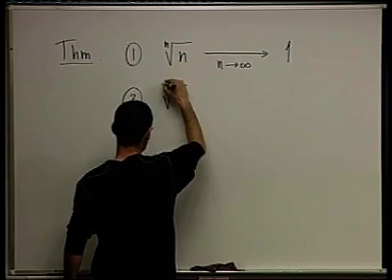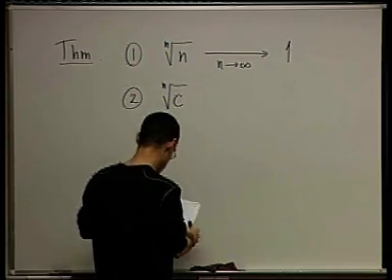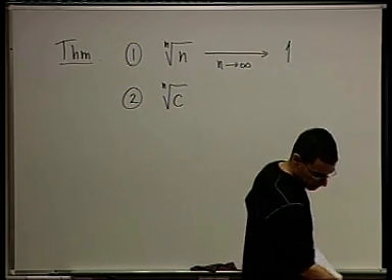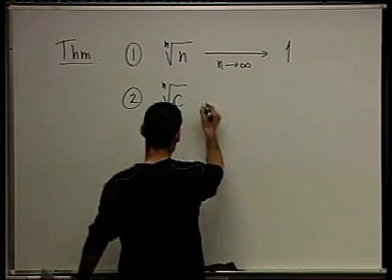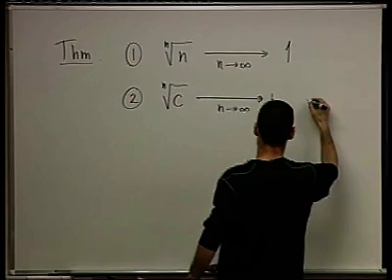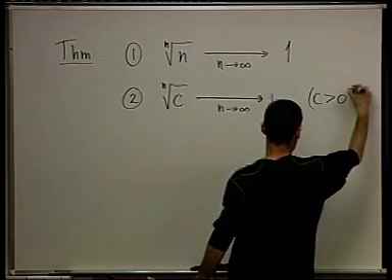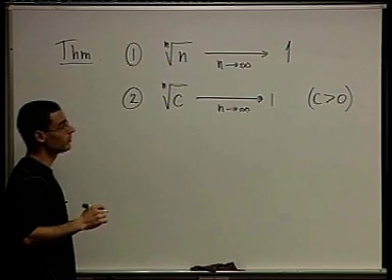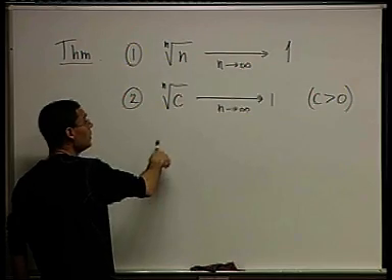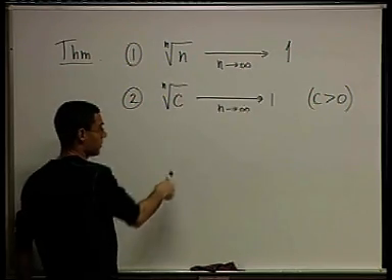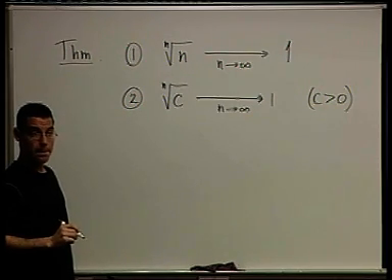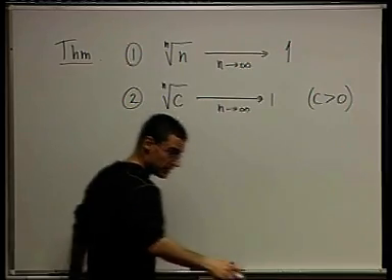The nth root of a constant c goes to 1 as n goes to infinity, for any positive c. Any constant. So if you take 2, root 2, third root of 2, fourth root of 2, fifth root of 2, that's going to converge to 1 as well. Okay? So maybe an example,